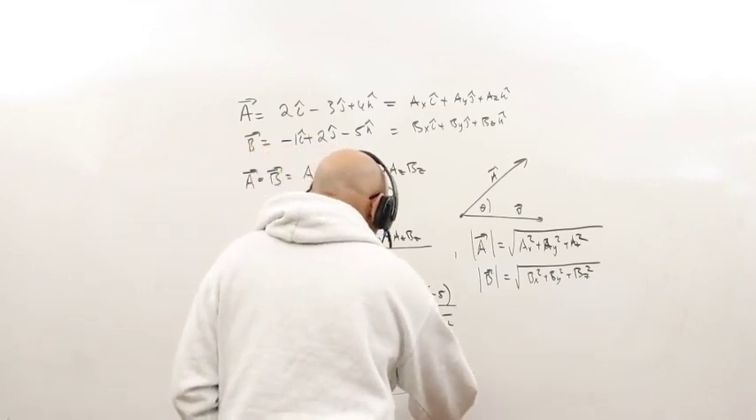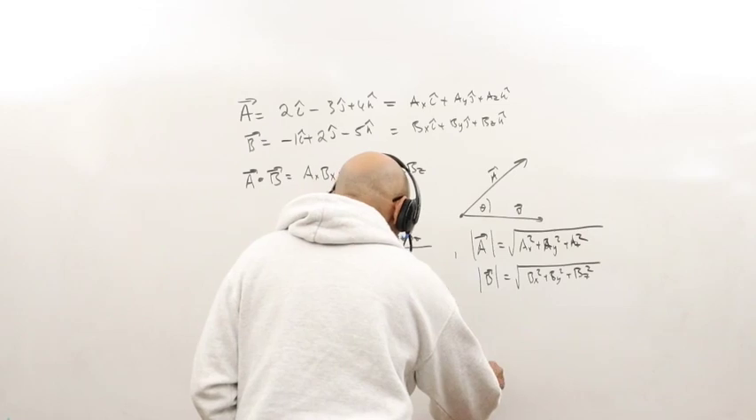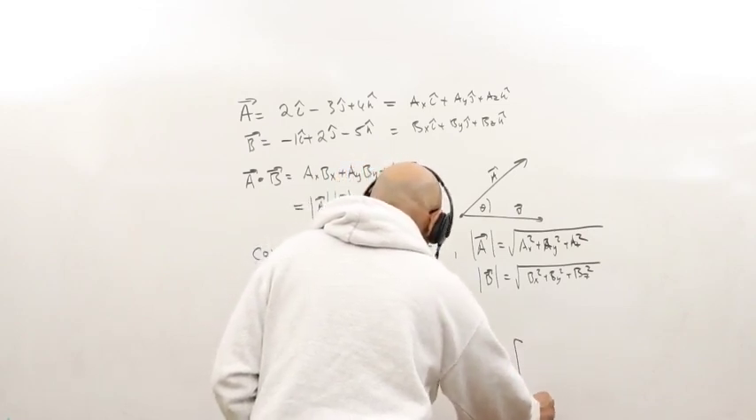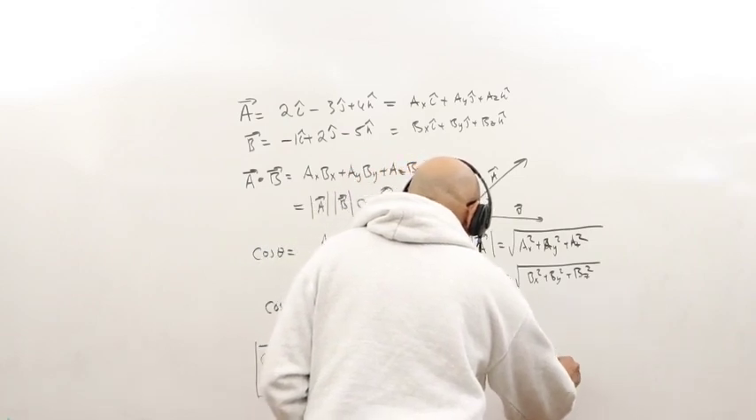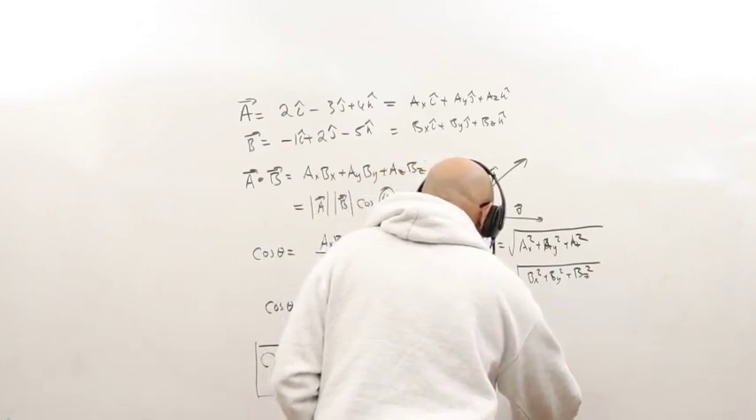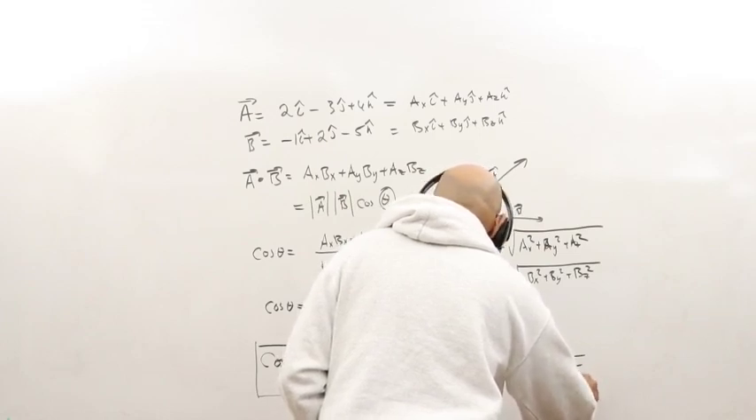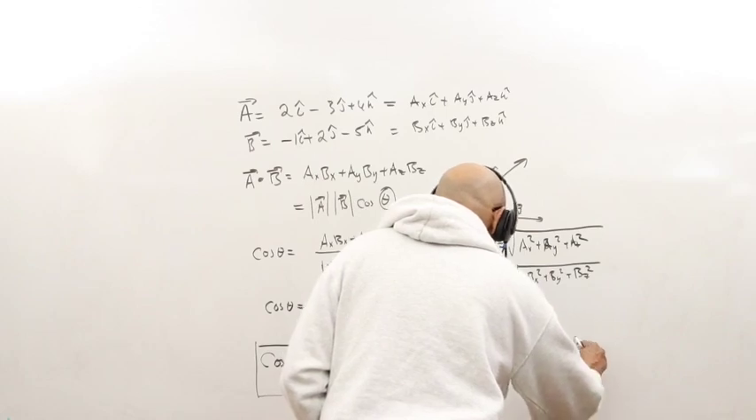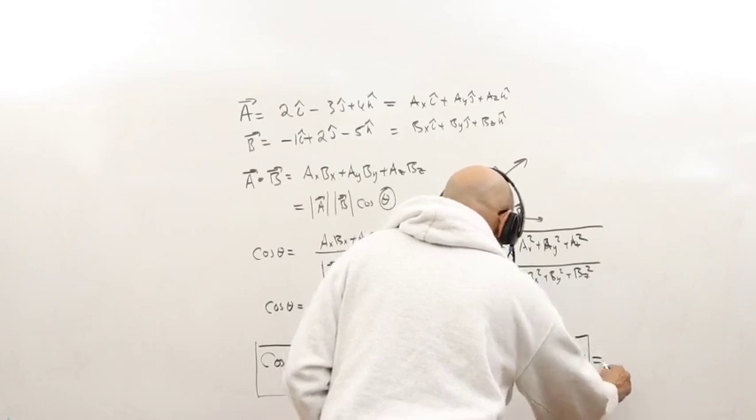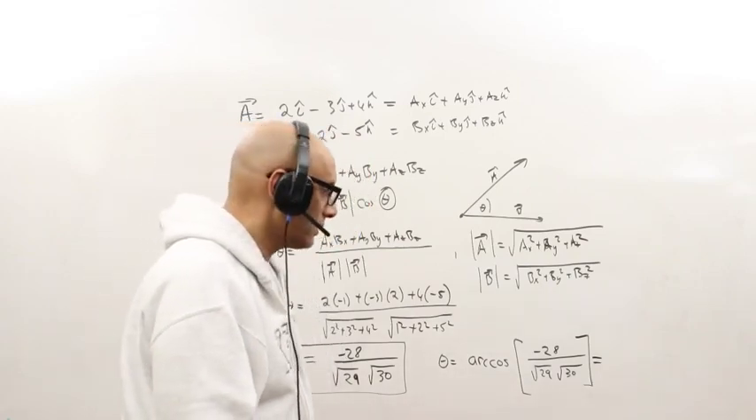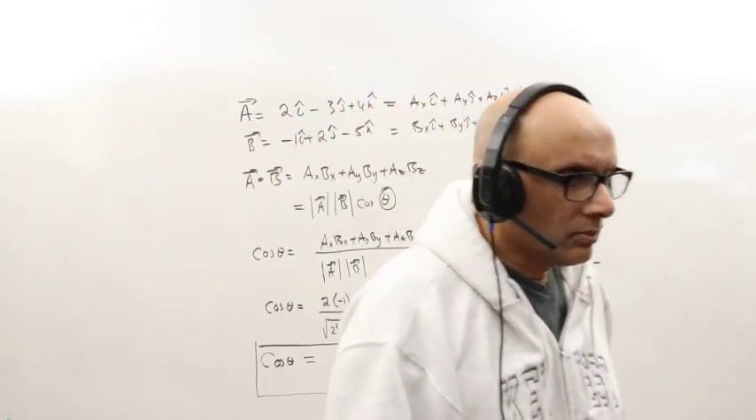So theta is equal to arc cosine of minus 28 divided by square root of 29 times square root of 30. Is this on the camera? Yep, it's on the screen. Good. So bring out your calculator